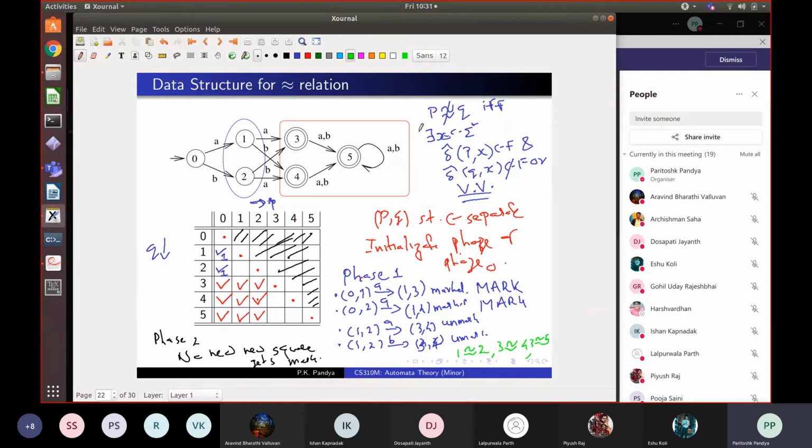Here the problem was how to systematically explore all the strings so as to guarantee that two states are equivalent. Because in order to guarantee that two states are equivalent, we have to somehow show that every possible string will not separate them, right? And this algorithm manages to do that.